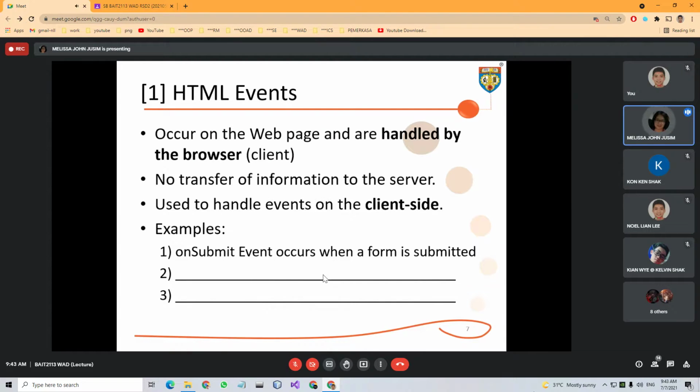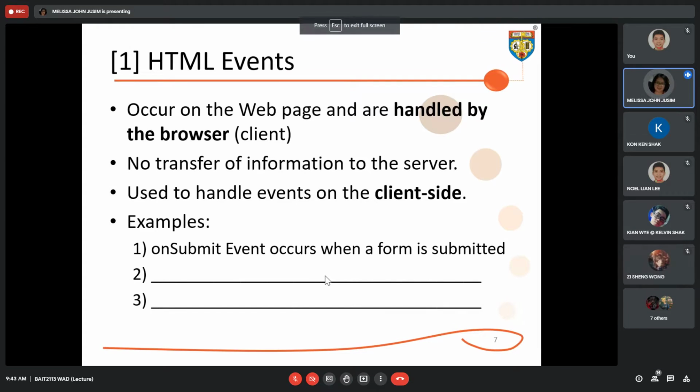Now, one example. In fact, in the original slide, it is empty, but I add one example for you. On submit event. I'm sure you're familiar with this because you have learned web design and development before this. On submit event occurs when a form is submitted.